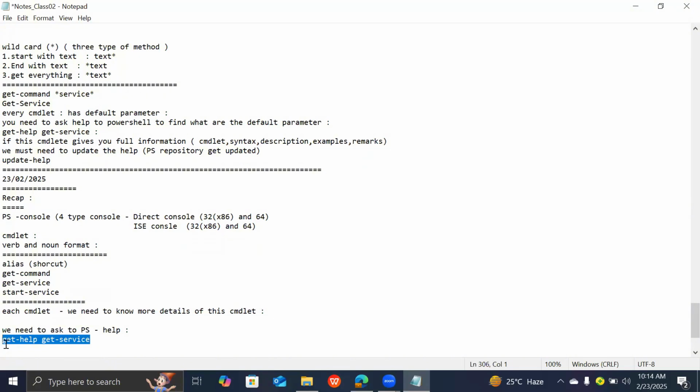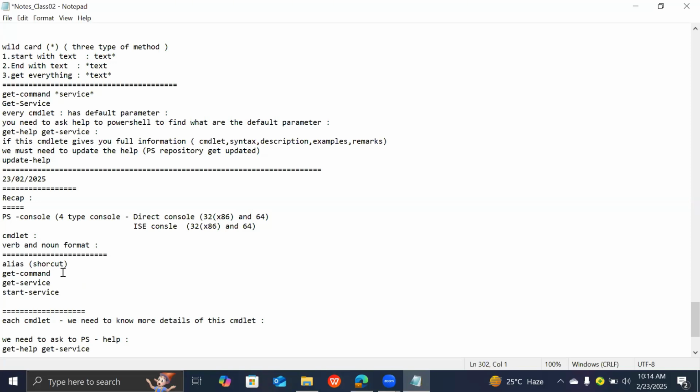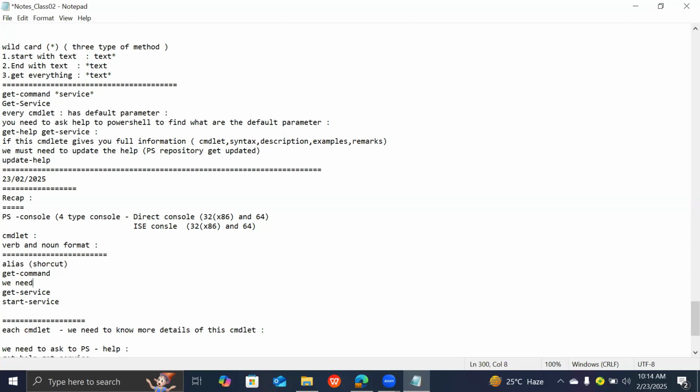Now, before we go further, we need to find the relevant cmdlet. How have we found the cmdlet? We need to check the service-related cmdlet, but I don't know how to find it. For that,